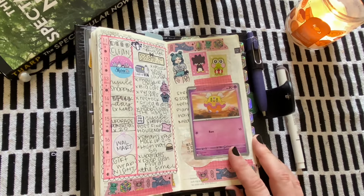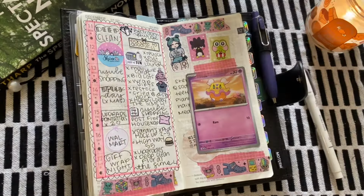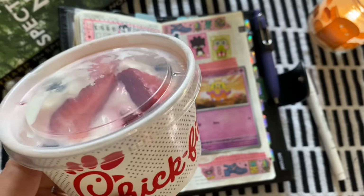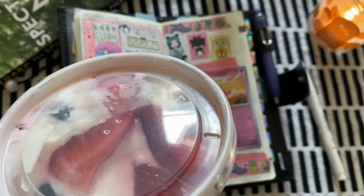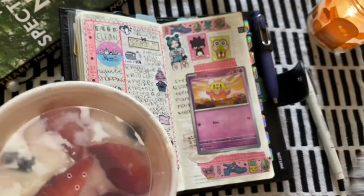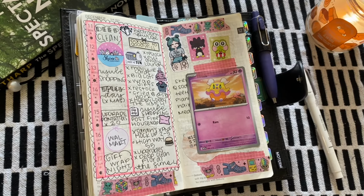Actually, I think my Chick-fil-A is here, so give me one moment. All right, we are all good. I have my Chick-fil-A right here. My partner orders it for me, and I don't tell him what I want because it's Chick-fil-A. So he ordered me a parfait and a chicken biscuit. So that's gonna encourage me to film this video a little bit faster because I'm very hungry. Anyways,